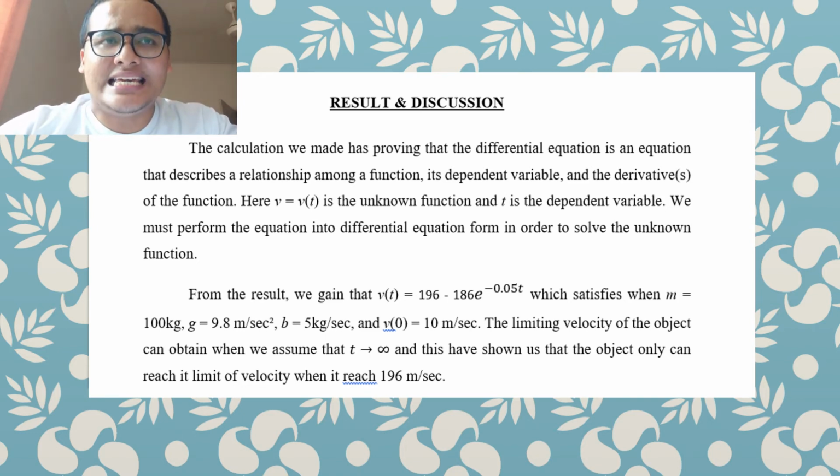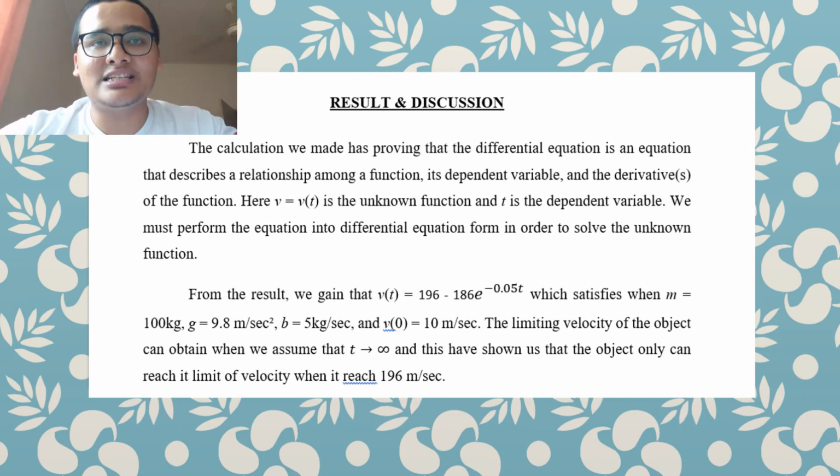We must put the equation into differential equation form in order to solve for the unknown function. So we get from the result that v(t) is equal to 196 minus 186 times the exponent of negative 0.05 t,